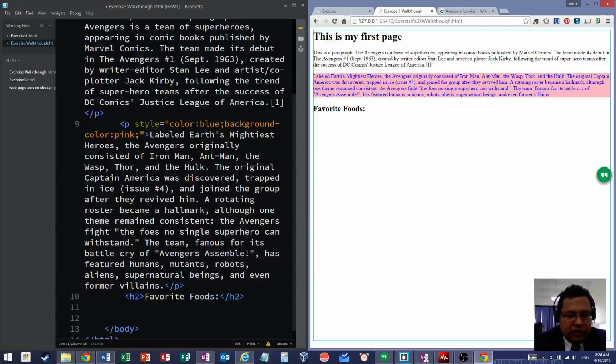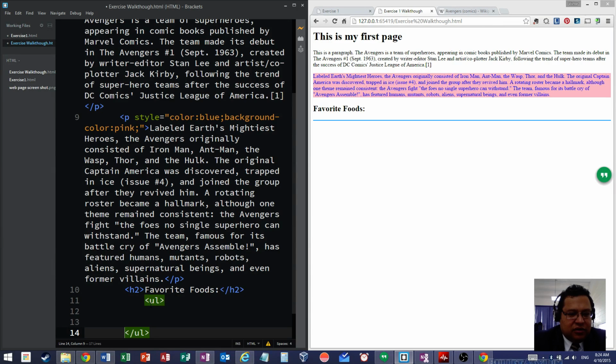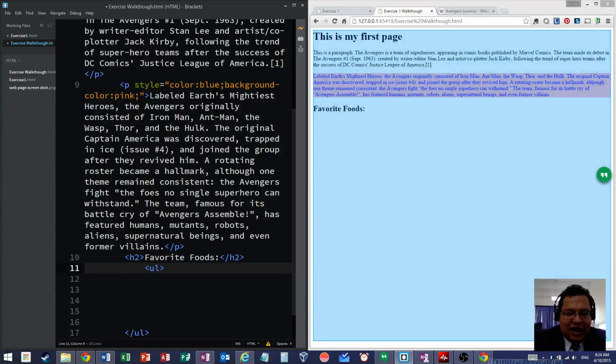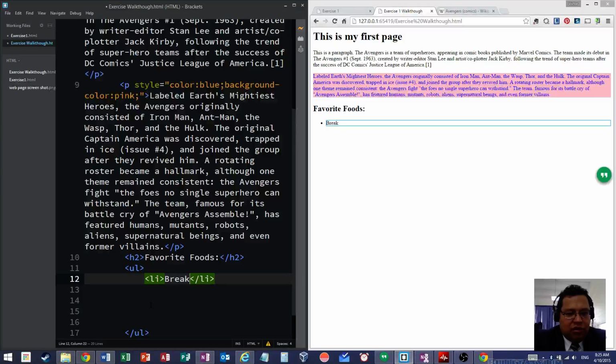So let's do that. Over here, I'm going to add a list, the tag is UL, unordered list, and you close it, and you get the closing tag. Now, your list goes inside this UL. Everything inside here is a list. And LI, list item, defines one thing on that list. Okay, so that's going to be breakfast, and another item,